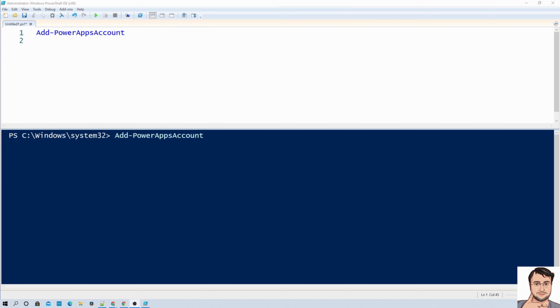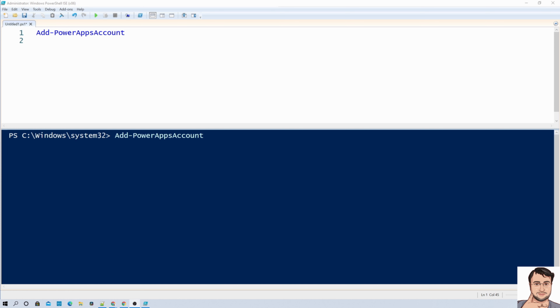Here I am on my machine, and I have opened Windows PowerShell ISE with elevated privileges. During this session, first of all, we are going to assign a role to a specific user for our Power Apps. After that, we will talk about how we can remove the role permission, the same way using PowerShell. To execute both commands using PowerShell, we need administrator privileges on our Power Platform account. So make sure that you run this command with admin rights.